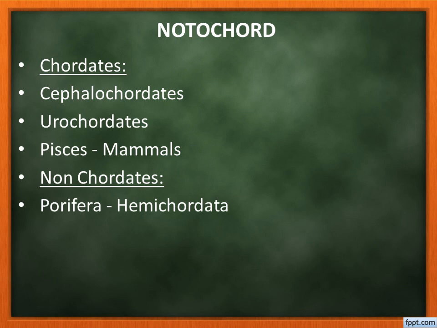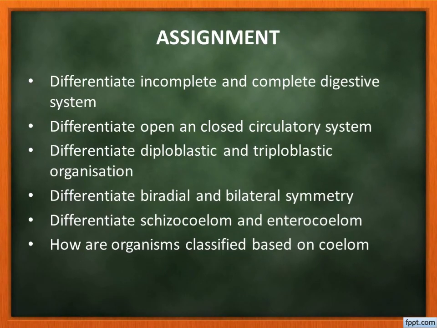Okay. So in the next class we will discuss the characters of each phylum. Understand how they have noticed the characters of each phylum as per these characters. Understand? Okay. Now let us see some assignments. I have given three-mark questions here. They are very easy to complete, and you cover up these portions within the next class. Okay. So the first question is,